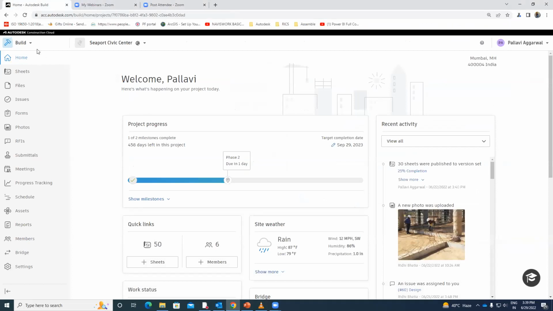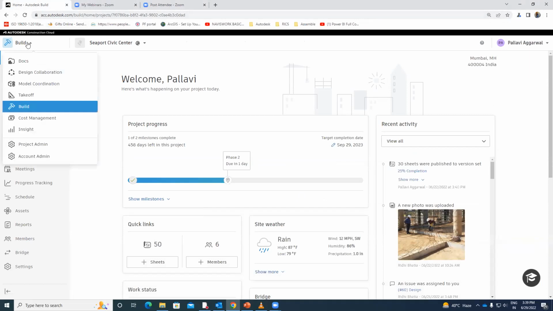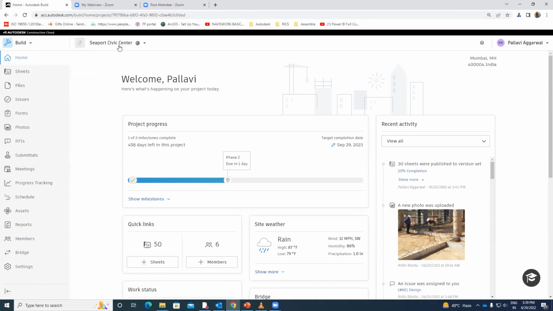Yes, it's visible. So now we are here on the Build platform. If you see on the top, we are on a web-based cloud, Autodesk Construction Cloud, and here we have Build. When we talk about takeoff and design, collaborate, all of these products are here, which we will not be discussing today. Any project within the Build platform will have all the topics that we just discussed in the three consecutive series that we had. So this is the platform.